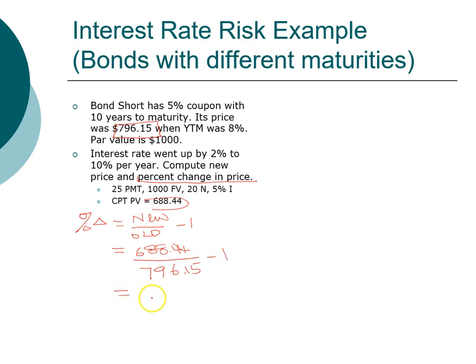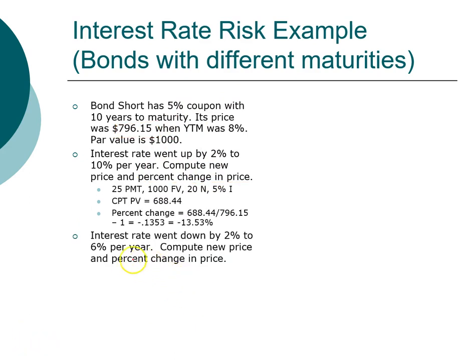That turns out to be minus 0.1353. So the price of the bond went down by 13.53% when interest rate goes up by 2%. So this is an example of computing the percentage change in price, or the interest rate risk, when interest rate changes. Now for more practice, let's look at this same bond, but this time we assume that interest rate goes